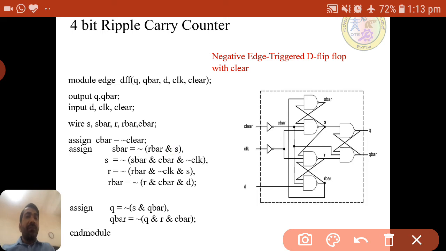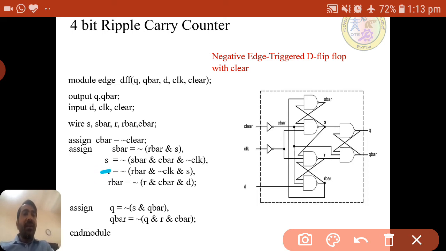So instead of using assign every time, they are giving a comma after each statement, and for the last statement they have given the semicolon. Otherwise we can use assign S equal to, and a semicolon. Both are fine, so we can use either.